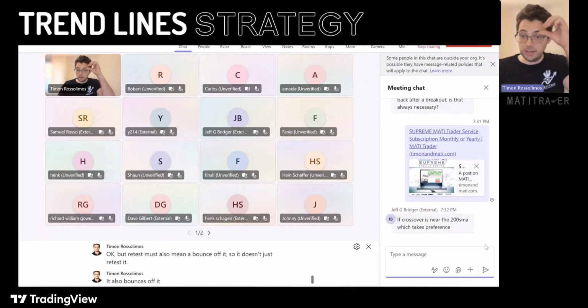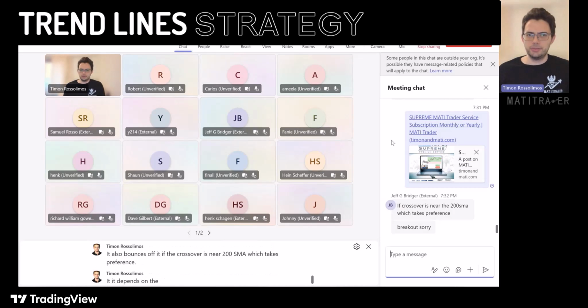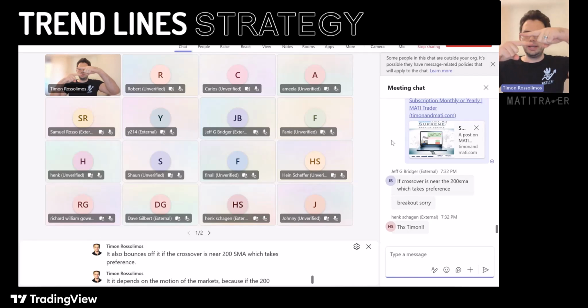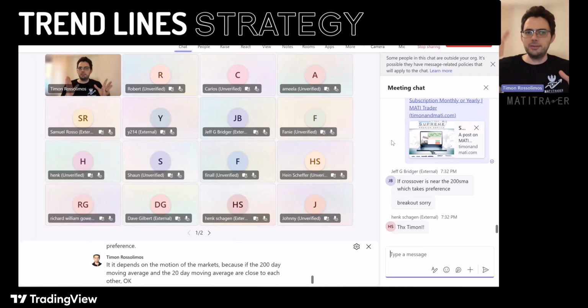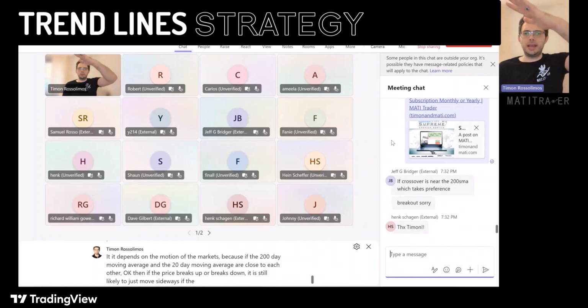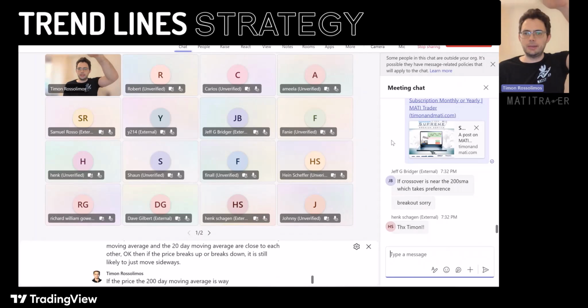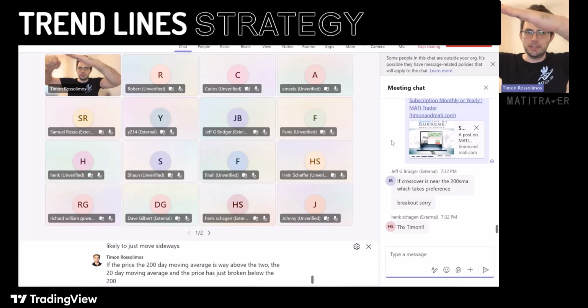If the crossover is near the 200 SMA, which takes preference? It depends on the motion of the markets, because if the 200-day moving average and the 20-day moving average are close to each other, then if the price breaks up or breaks down, it is still likely to just move sideways. If the 200-day moving average is way above the 20-day moving average and the price has just broken below the 20-day moving average, it has a higher likelihood that it's going to come down because it needs to